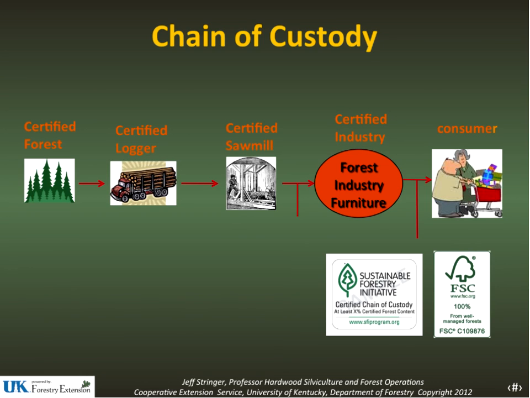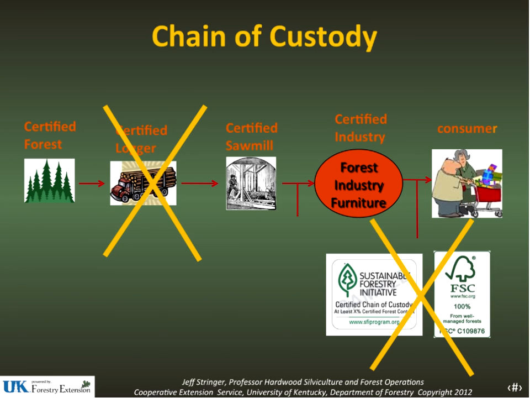a label on the product. Now, if any part of this drops out, like for example, a logger actually buys the timber from the landowner and holds it, possesses it, and does not have a chain of custody certificate, or if the sawmill, for example, would not have a chain of custody certificate. So if that chain of custody is broken somewhere,